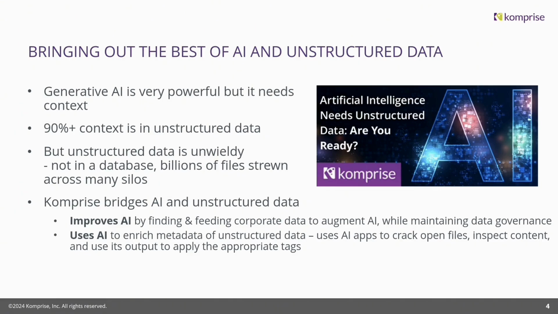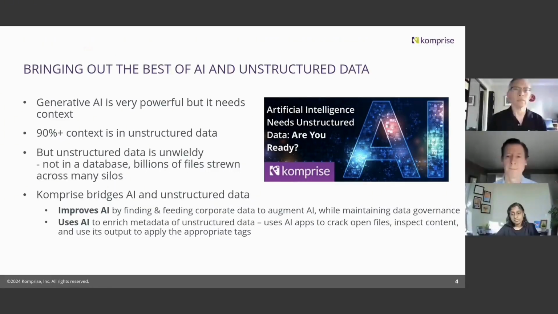And really, when you're looking at AI, I think there are two predominant use cases. The first one is how can you make the AI better by giving it corporate data? So you're fine tuning AI. For most of us, it's probably customizing the AI or customizing the retrieval augmentation or the inferencing by improving AI. And the other half is how can you use AI to actually tag your data, to crack open contents, to look at data and use AI to classify it so a human doesn't have to do all that work.